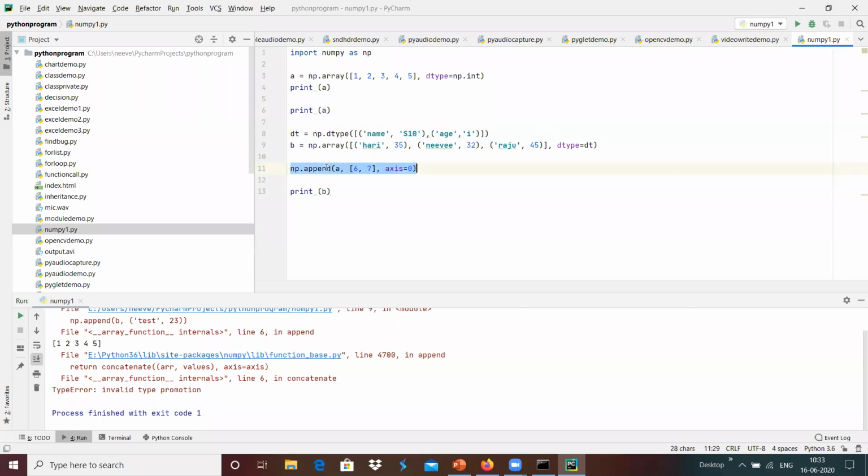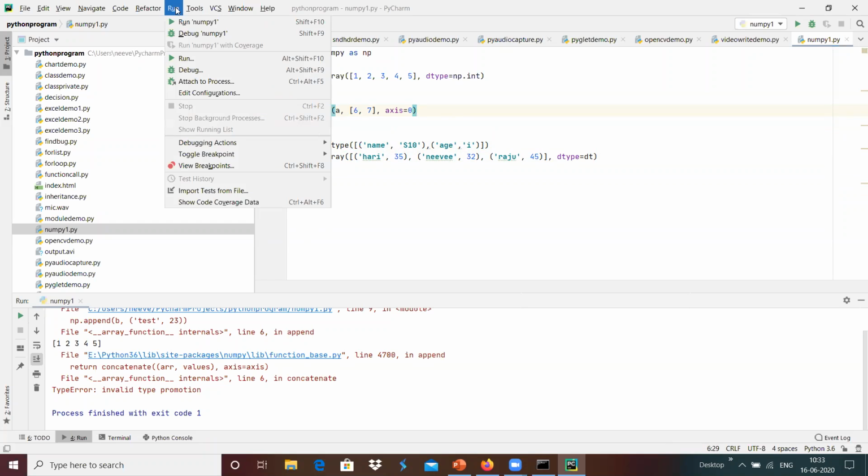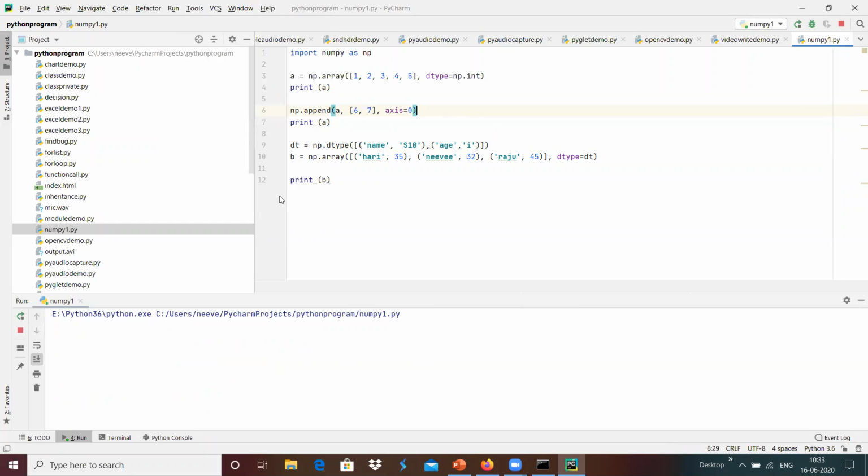I'm going to append this over here, append an array with 6 comma 7, and we will see how it behaves.